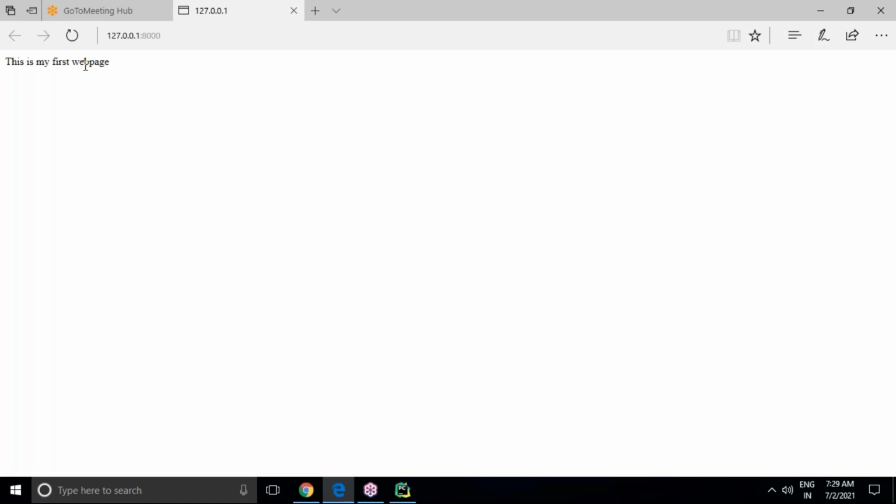Yes, you have to import views from the application, because the URL pattern doesn't know where the views will come from. Views are available in sample app only. I am working directly with the project URL, but working with the project URL directly is not encouraged, so I have to go for URLs separately at the application level also. So we are getting this is my first web page, clearly. This is the way to display a view function.